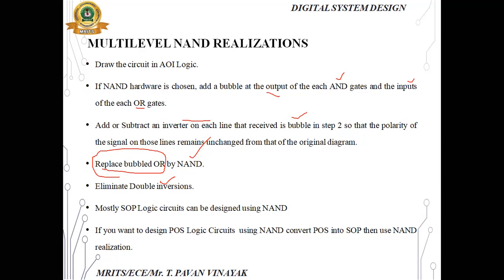See. First, I want to develop a NOT gate. This is a NOT gate, right? A bar. Using NAND. So the simple circuit of NAND is, just give both inputs the same. Give both inputs the same, then we get the complement.